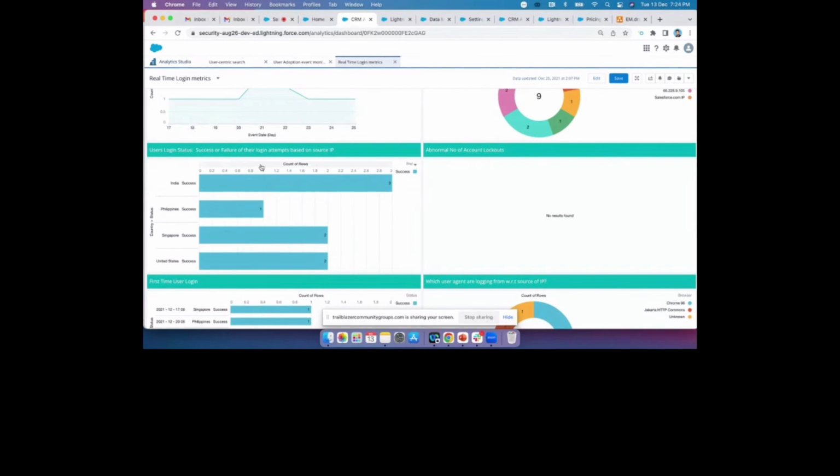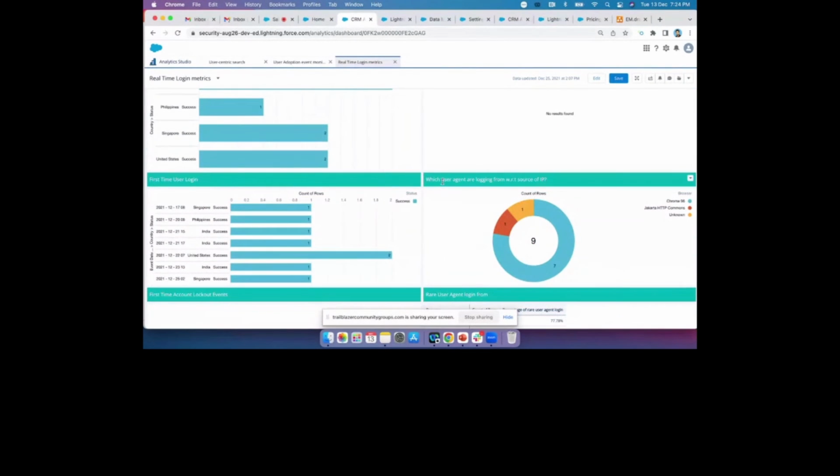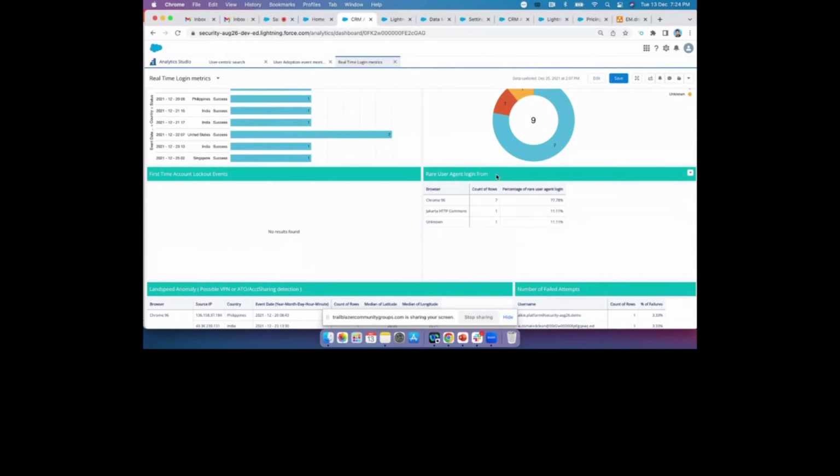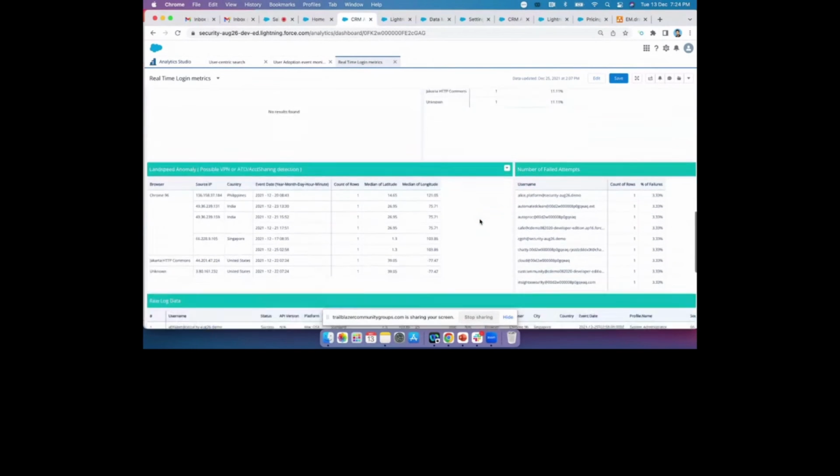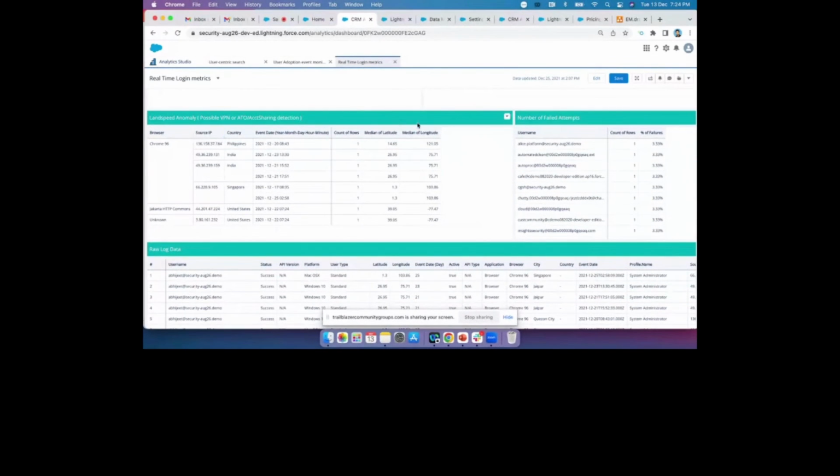It shows the successes or failures of my login attempts with different locations, my first-time login, which user agents are logging in from different source IPs, my rare user agent logins, my first-time account lockout events, and my land speed anomaly. This is something good, and I'll tell you an example of this. If a person is sitting in Singapore, and his IP is sitting in some range like 136 or something, and the same person goes to the Philippines,